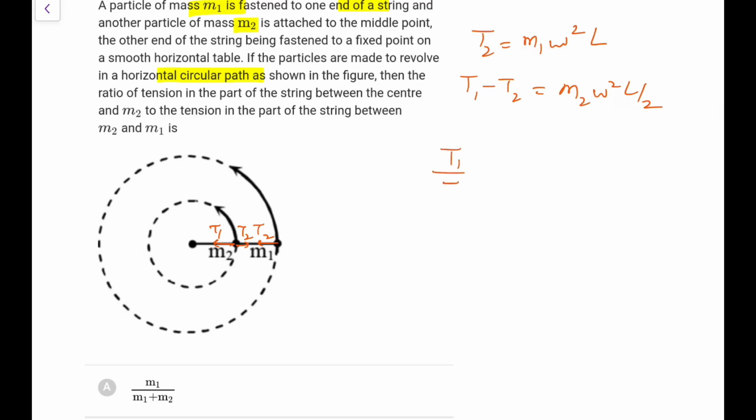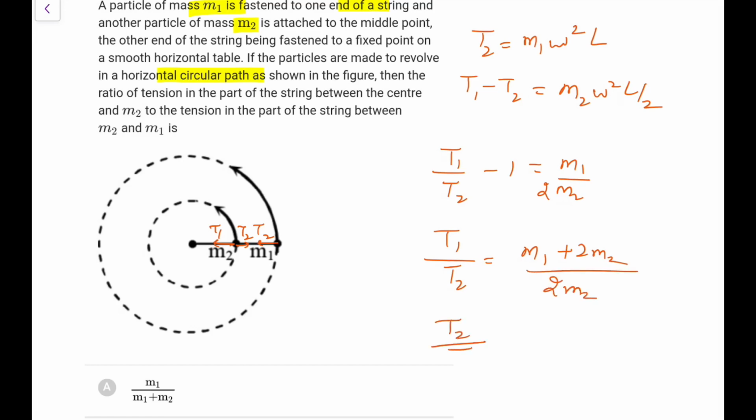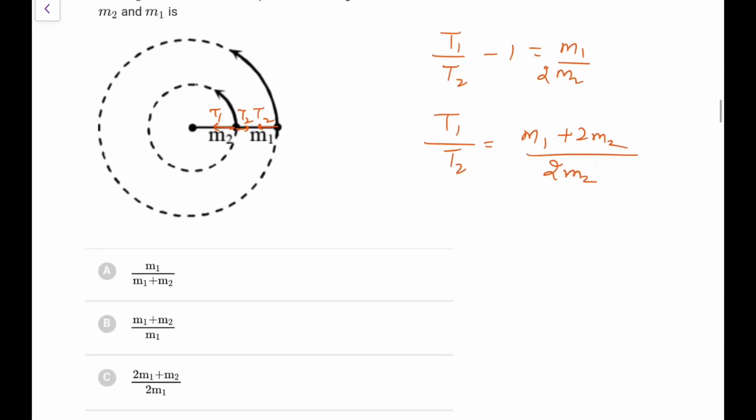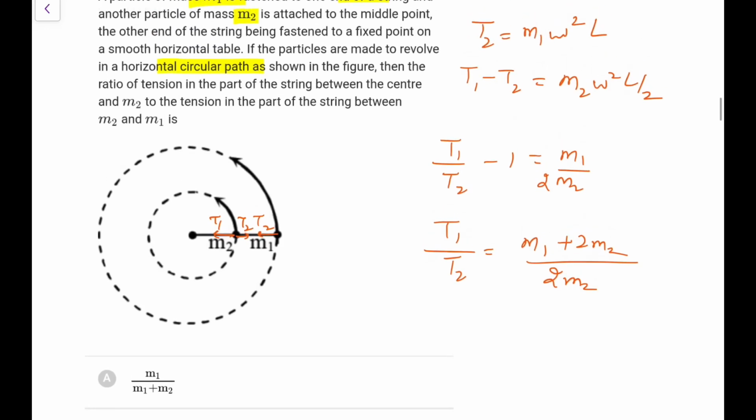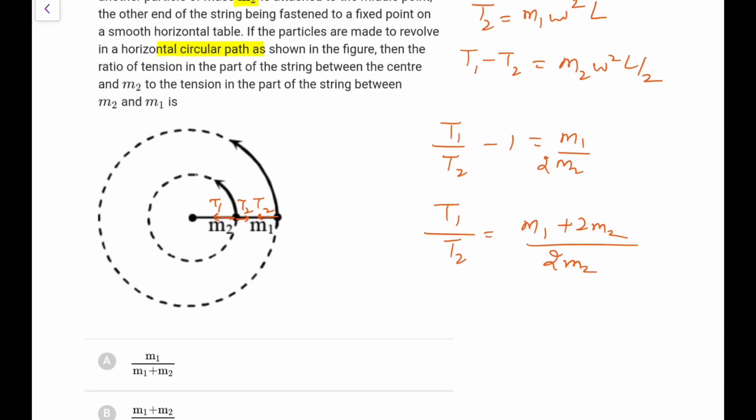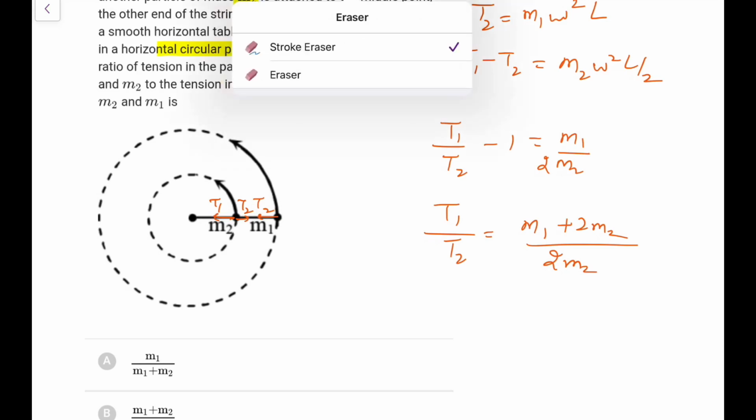So if I divide it, what I will have, T1 by T2 minus 1 is M1 upon M2, and you can write it as 2M2. So you have to take the ratio, that inverse ratio that I have taken, don't worry. So T1 by T2 would be M1 plus 2M2 upon 2M2. So this T2 by T1 is being asked, or T1 by T2 is being asked to you, okay, center and T2, this is being asked, so M1 plus M2 upon 2M2. So what is the last option or what is the first option, let me check. So it is M1, okay, I have made a mistake. What is the mistake I am making?